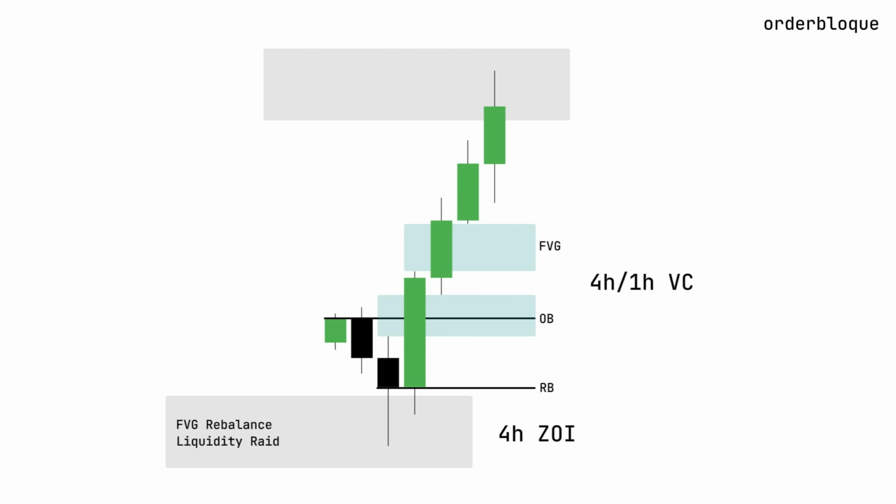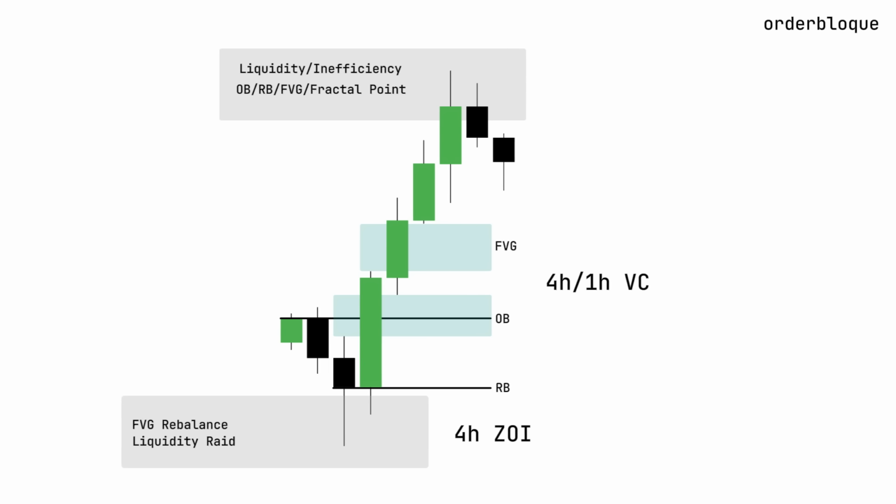Regarding the second zone, which acts as the trouble area from where selling volume enters, forming the final boundaries of the range or the maximum price, it can be a liquidity zone or an inefficiency zone. This could be an order block, rejection block, fair value gap, or fractal high. It doesn't really matter. Most often, the time frame on which you receive volume confirmation relative to the zone of interest will also be the time frame for your trouble area. This may sound confusing, but we'll discuss it in detail when we look at real chart examples.